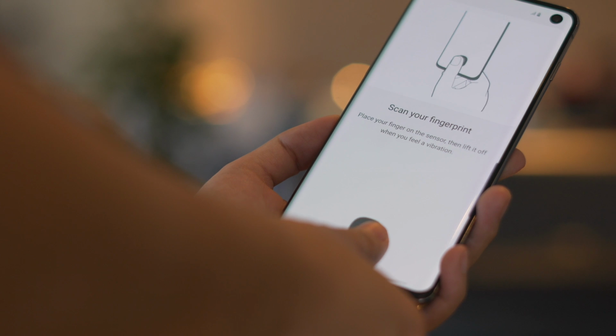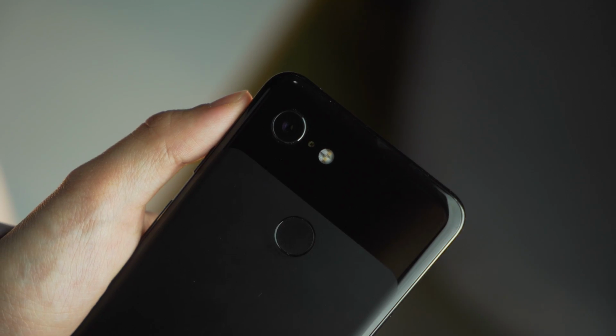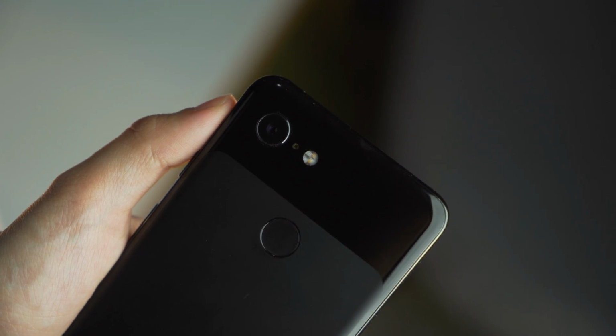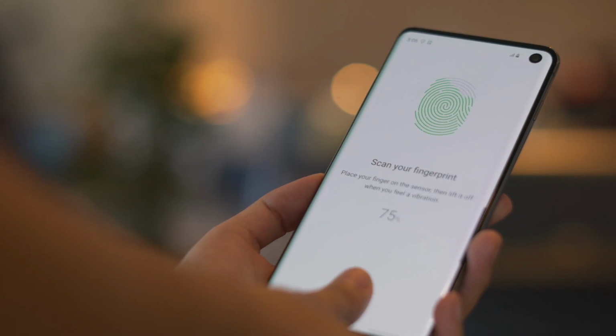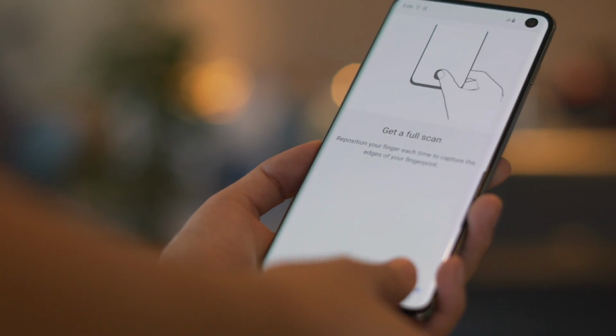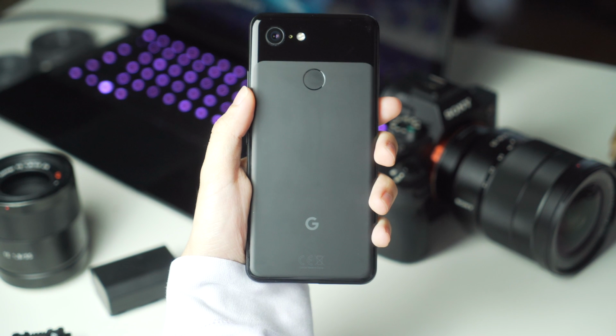For biometric security, it's a little more complex than that. While the S10 provides more options with a fingerprint scanner and face unlock, I feel that the Pixel 3's rear-mounted fingerprint scanner is a lot faster than the S10's under-display fingerprint scanner. Sure, it's a cool bit of technology with an ultrasonic sensor that creates a 3D imprint of your actual fingerprint,